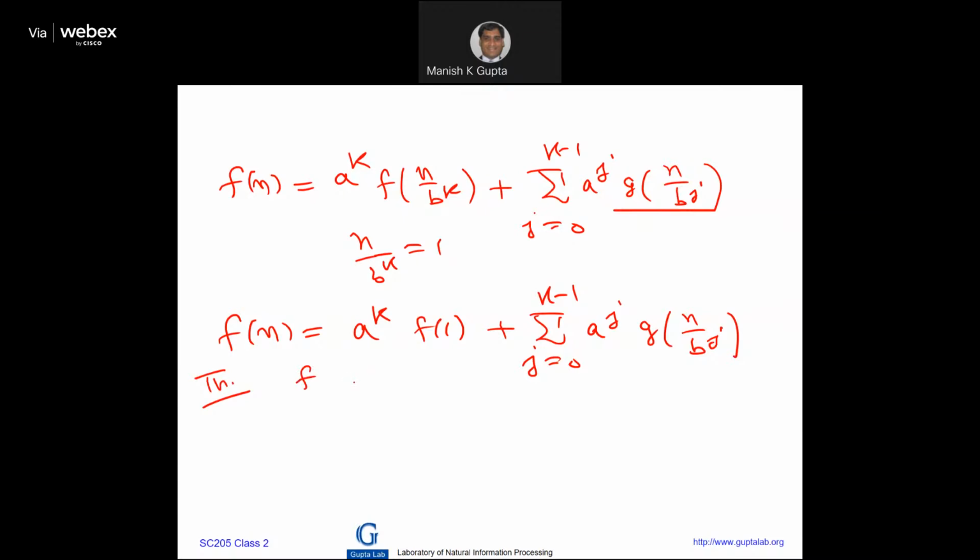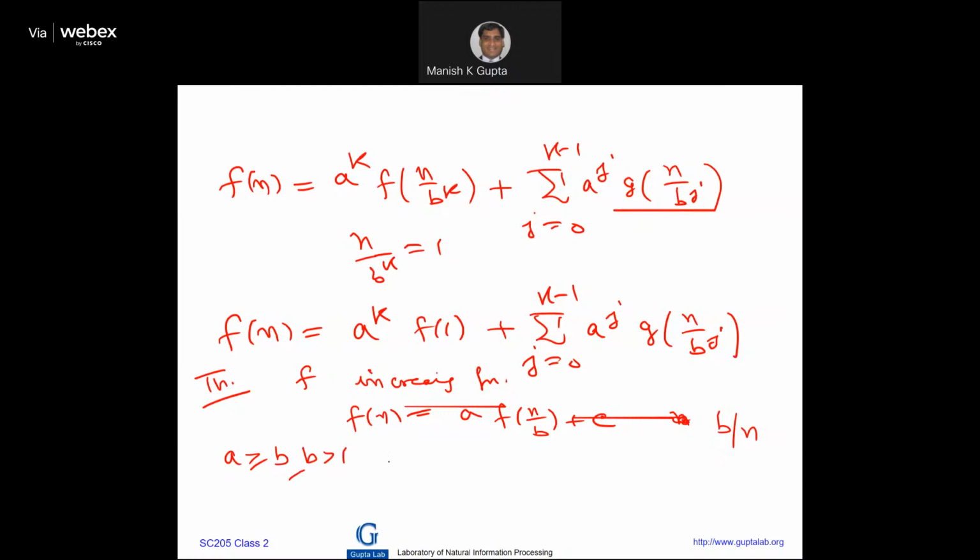We assume that f is an increasing function, and which satisfies the relation that f of n is equal to a times f of n by b plus c, where n is divisible by b, a is greater than or equal to 1, b is greater than 1, and c is a positive real number,